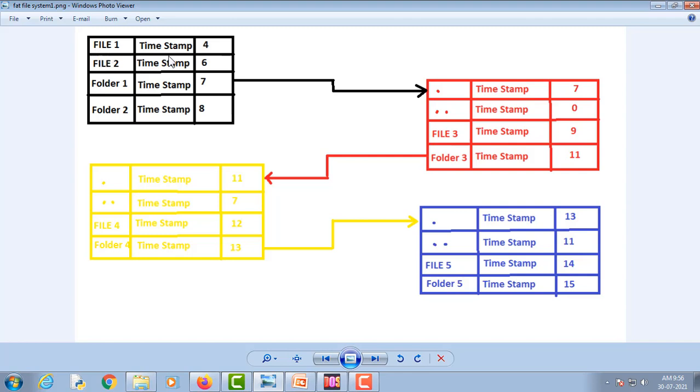As you can see here, file1.txt has a starting cluster of cluster number 4, and file2.txt has a starting cluster of cluster number 6, and there are also folder number 1 and folder number 2. Folder number 1 has a starting cluster of cluster number 7, and folder number 2 is starting from cluster number 8.